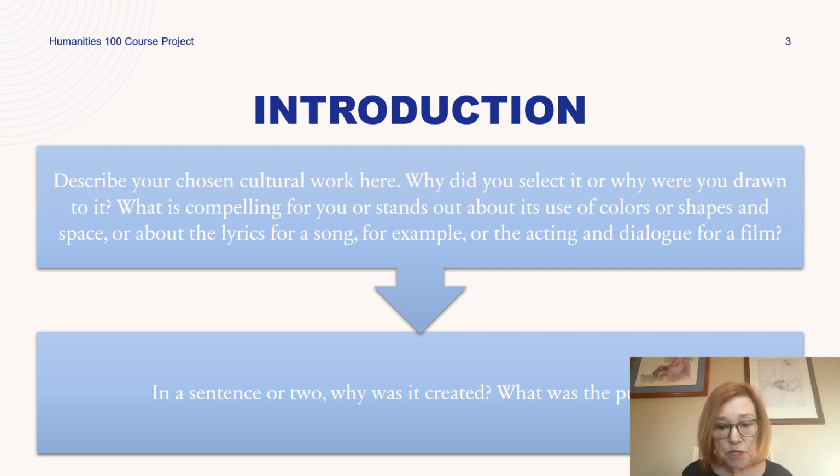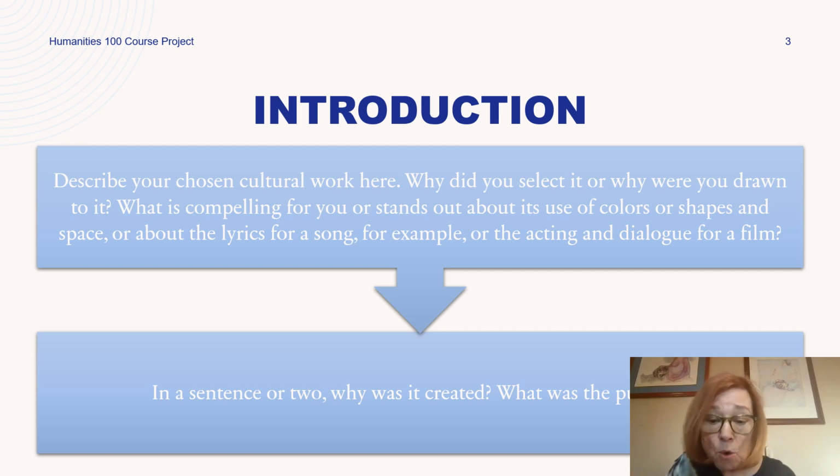Okay, moving to the introduction, let's drill down into the introduction. Again, this is where you're going to describe your choice, why you selected it or were drawn to it, what is compelling for you about the way this artist uses color or shapes or space, or the way this songwriter chose lyrics or word choices, what the musical genre involved is,